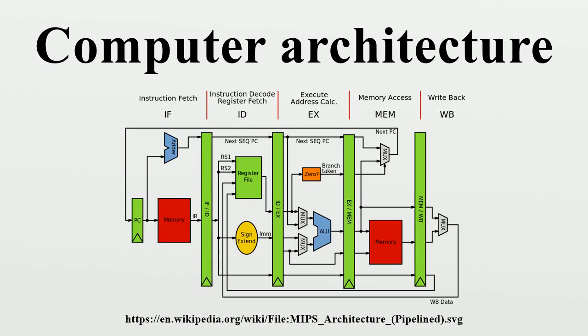In computer engineering, computer architecture is a set of rules and methods that describe the functionality, organization and implementation of computer systems. Some definitions of architecture define it as describing the capabilities and programming model of a computer but not a particular implementation. History. The first documented computer architecture was in the correspondence between Charles Babbage and Ada Lovelace, describing